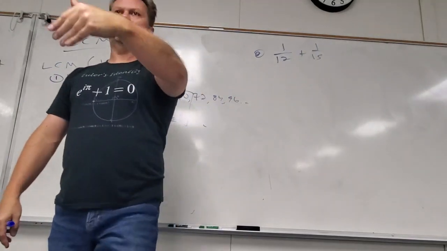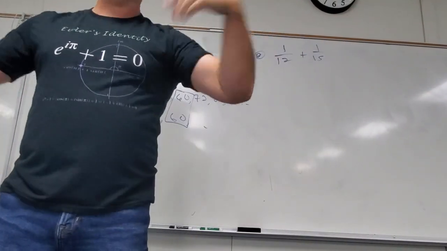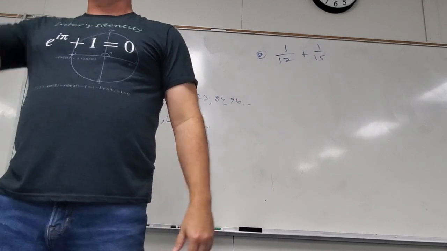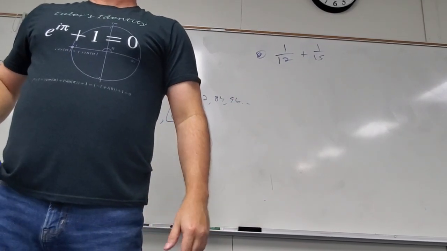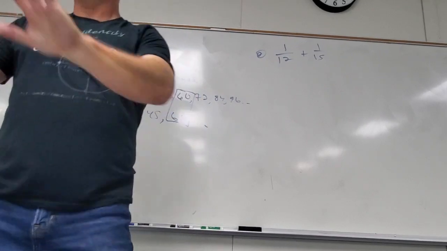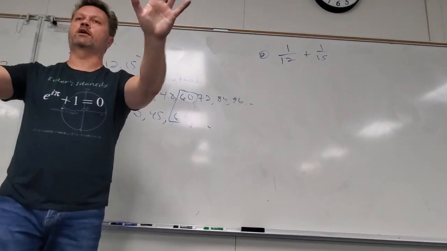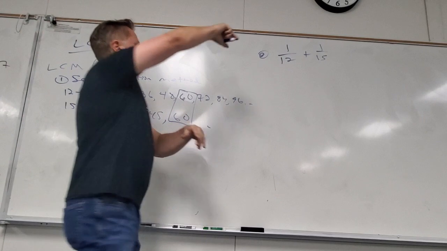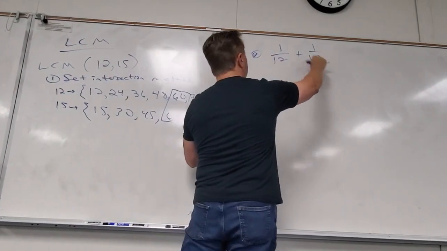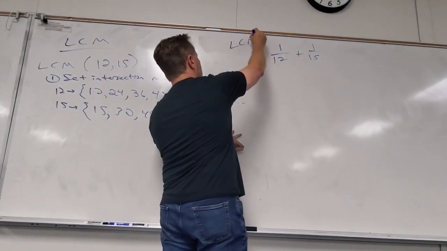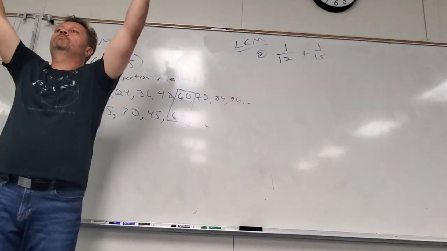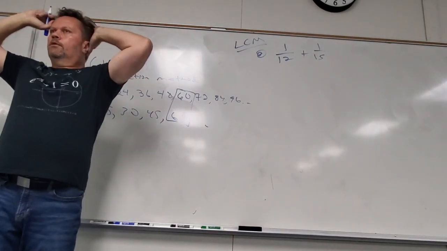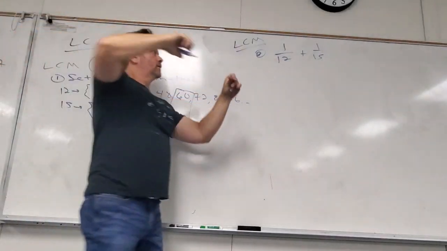If I have 1/3 plus 2/3, that's 3/3, just like 1x plus 2x is 3x, right? You guys with me? Okay, that's the most I'll talk about fractions directly. To make an LCD, which is the exact same thing as LCM, I want the number that both 12 and 15 can become. What I show my students is